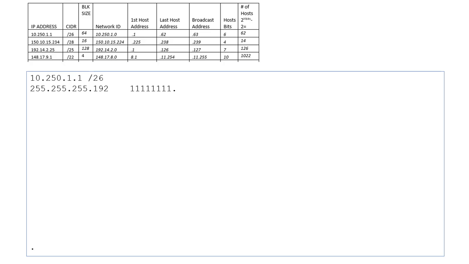Okay, so we'll copy that and we'll paste. So there are 24 ones right there, but we need 26. So this takes us into the 4th octet. And if we convert this, again, 11000000 into decimal,